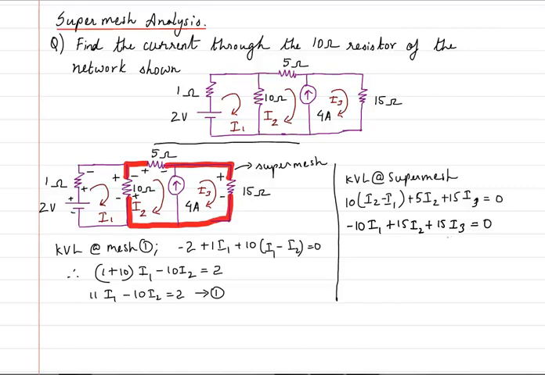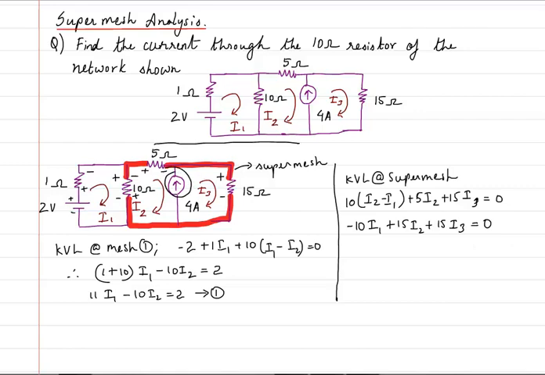So how many unknowns are there? There are 3 unknowns: I1, I2, I3. 3 unknowns for 3 currents. One is for I1, one is for I2, one is for I3. But I have got only 2 equations. First equation is this one, the second equation is this one, and we all know that for finding 3 unknowns we require 3 equations. So where will I get the third equation? See, the third equation I will get from this branch itself,